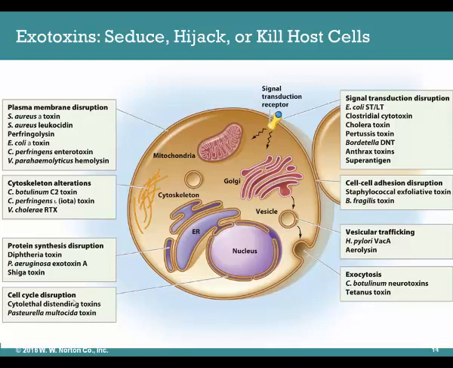Manipulating cell cycle is also an effect, so disrupting the regulation of the DNA necessary for the host cell to reproduce,